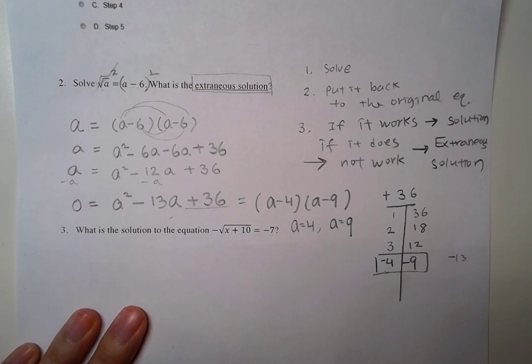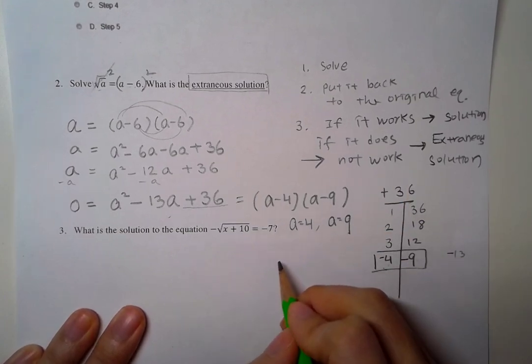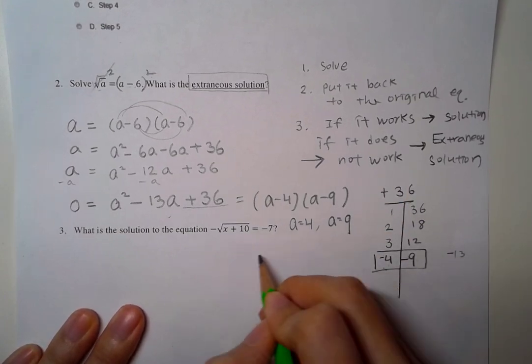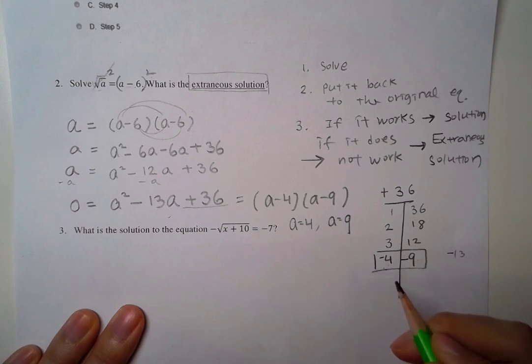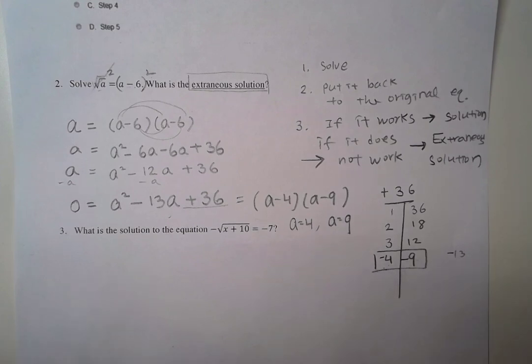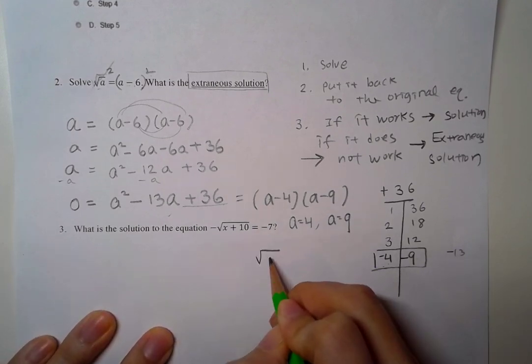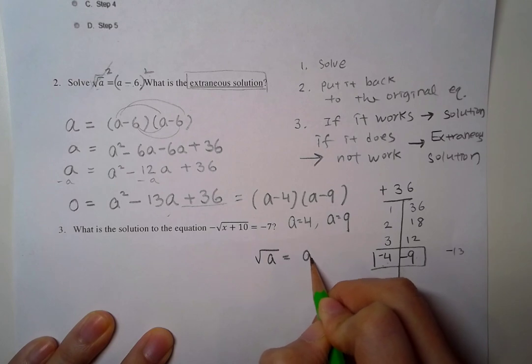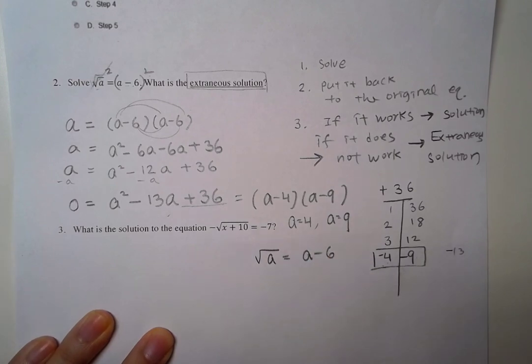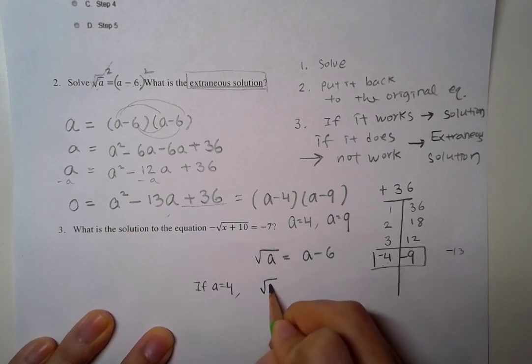So we need to put it back to the original, all right? So let me put it back. My original equation is, I don't have space, I'm just going to write it here, guys. Square root of a equals a minus 6, right? And then let's put 4. If a equals 4, I'm going to put 4 for a,